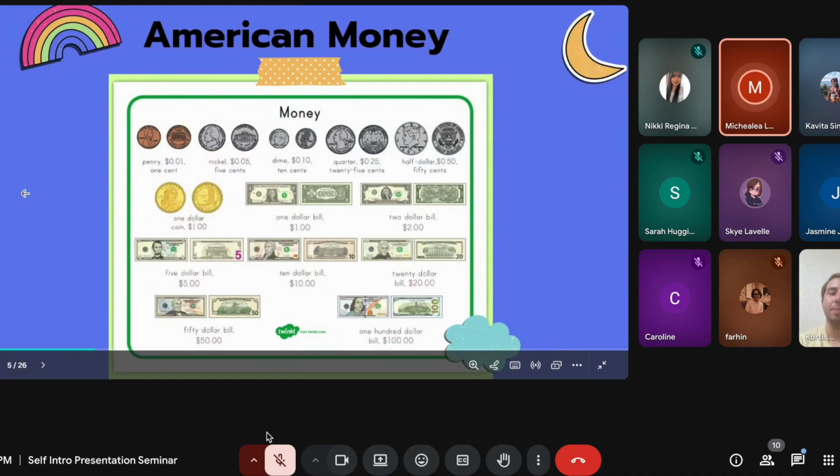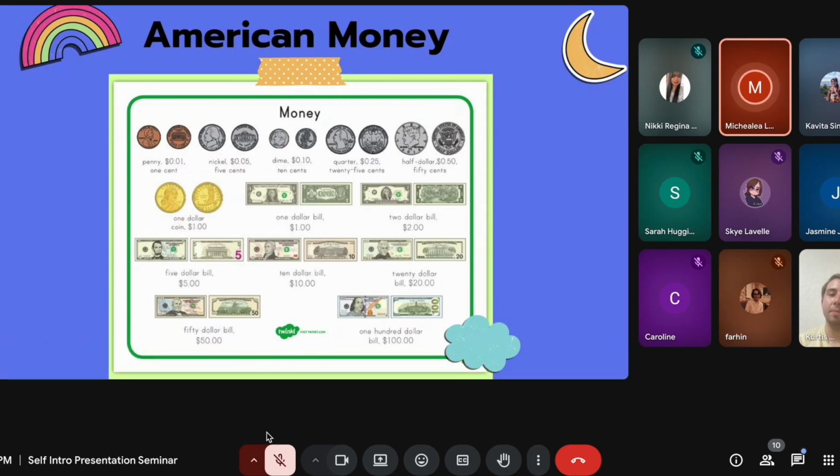I saw someone put in the chat that they love your examples of home. I brought as much American money as I could. If you have not done this yet, I find that the younger grades in elementary school cannot be trusted with your coins. A couple of them were like, is this for me? And I was like, no, baby, this is my money. But it is really nice.